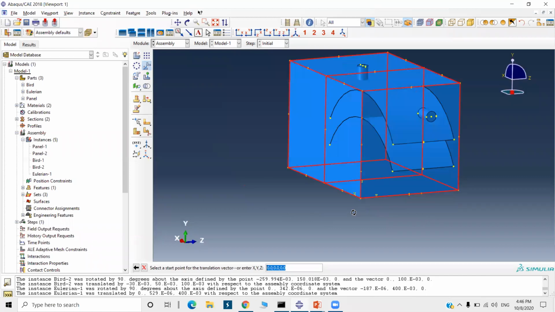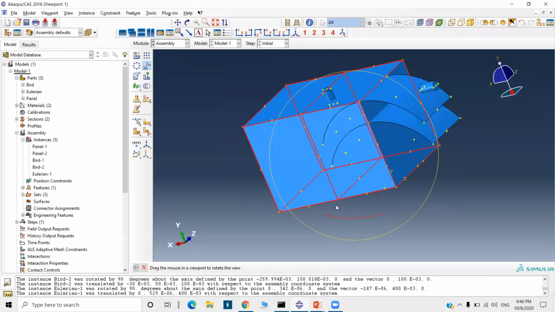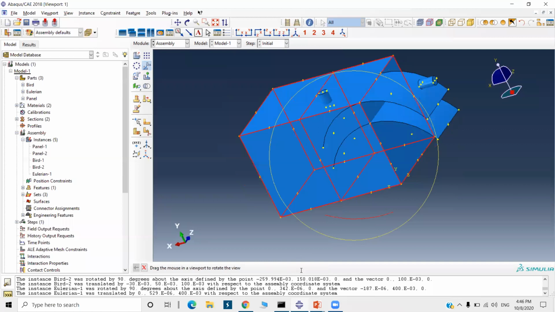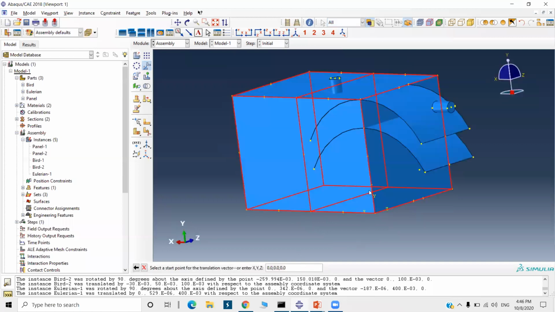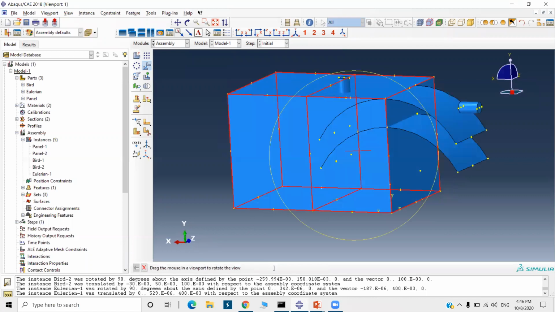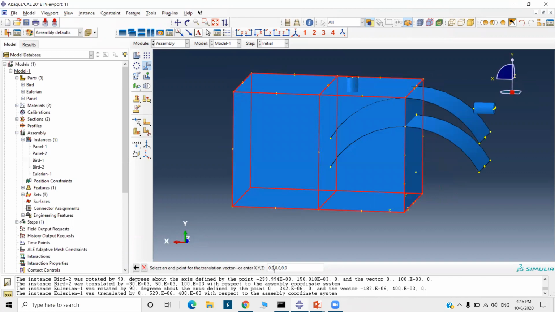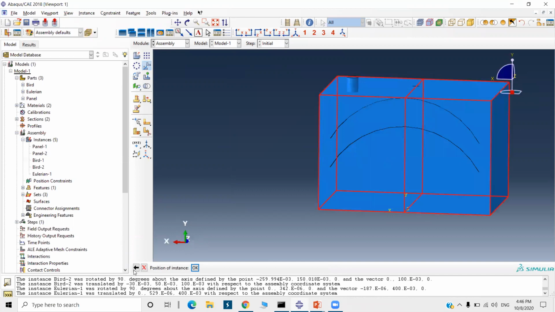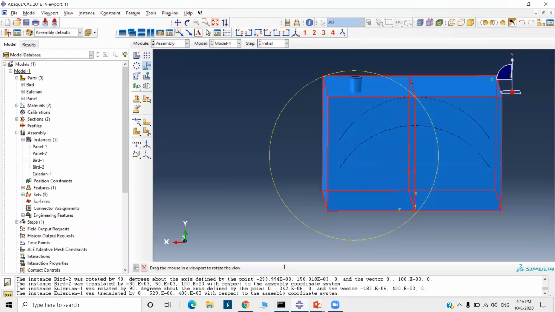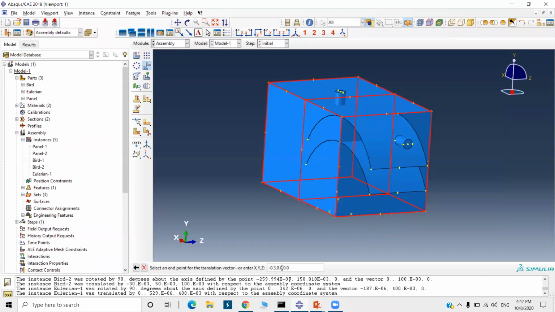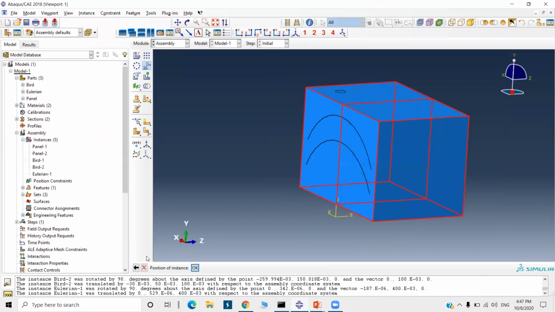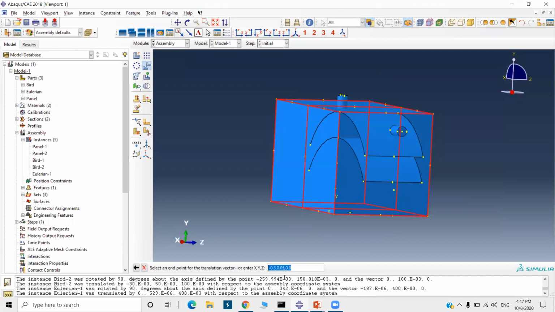Again, select this instance. Okay, start point is 0, 0, 0, and we will check in which direction. So in the negative x direction, I have to move this. We'll make it 3.3 and negative. Okay, it is moving correctly. X direction is correct now. I will take it back. In the y direction also, it should move up into 0.5. Okay, again, I have to increase the distance in the y direction.